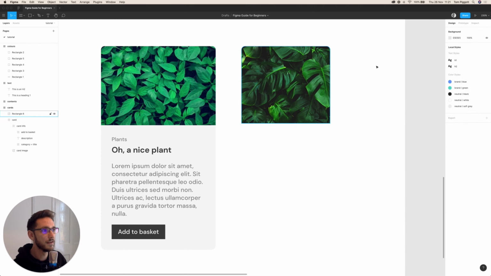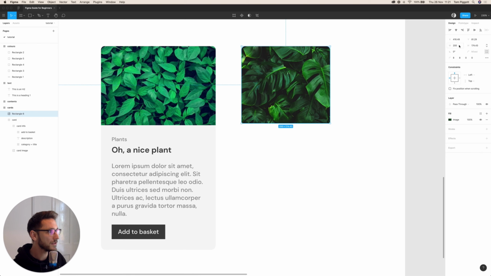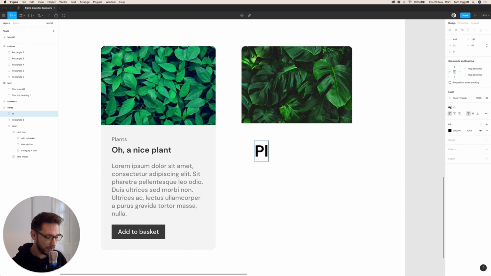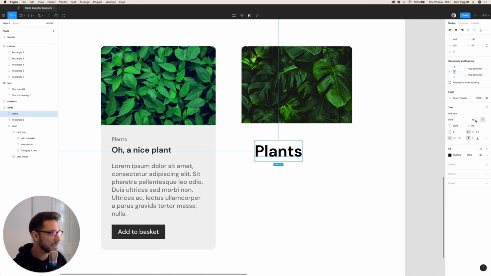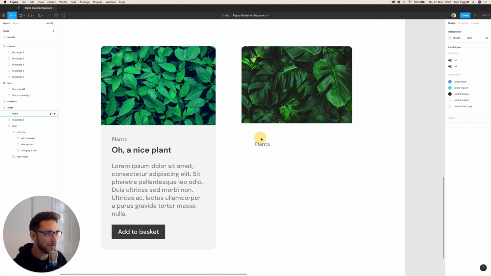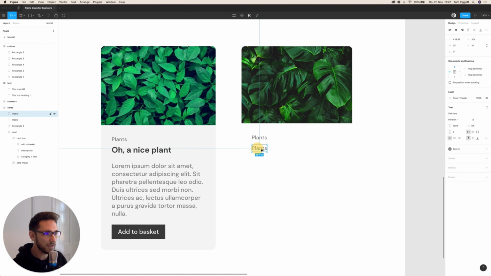Okay, actually, let's make this a bit wider. So we can just click on it and let's make it 250. That looks okay. Right, and then we've got the word plants, and let's detach that, it's just automatically gone into an H2. Let's say that this is, I don't know, 12. That looks good. Obviously you can style this how you like and pick some colours. Let's pick from Figma's colours down here. There we go, we've got the word plants, and then we've got the title